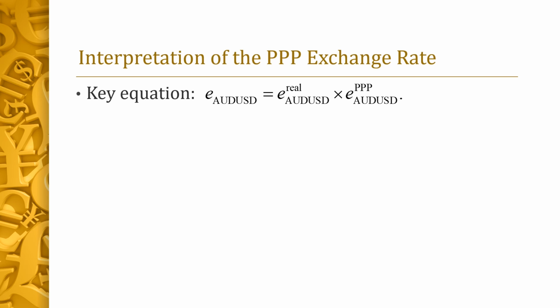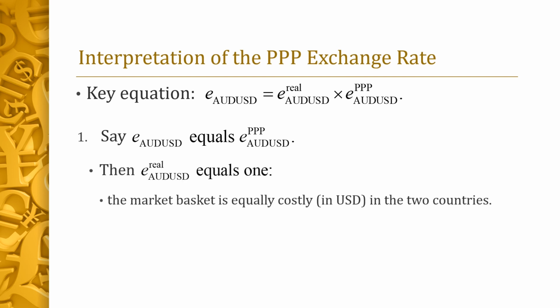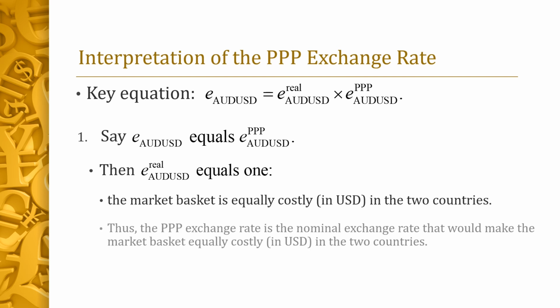It provides us with a useful interpretation of the PPP exchange rate. In particular, suppose that the nominal exchange rate is equal to the PPP exchange rate. Then, by the equation, the real exchange rate must equal 1. The market basket is equally costly in the two countries in US dollars. Hence, the PPP exchange rate can be interpreted as what the nominal exchange rate would have to be for the two countries to be equally costly, for the market basket's cost in US dollars to be the same in the